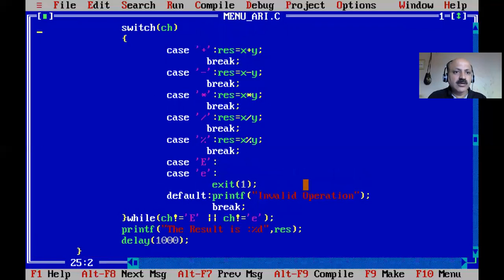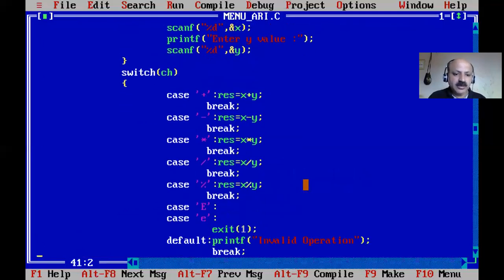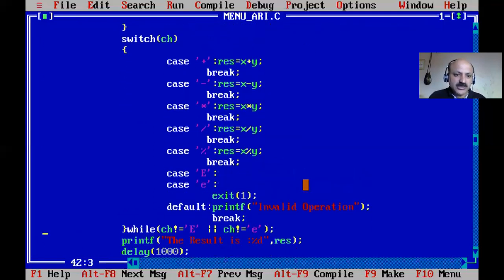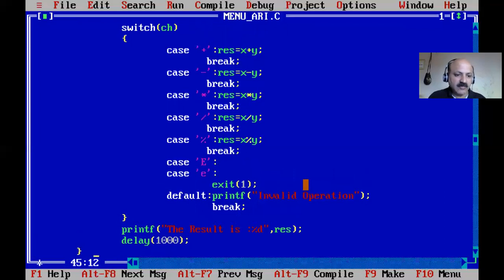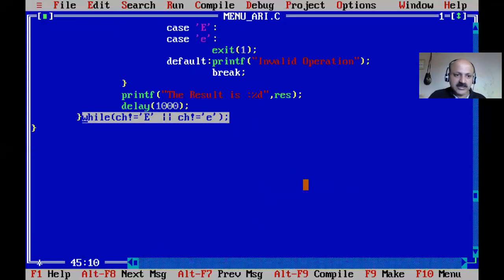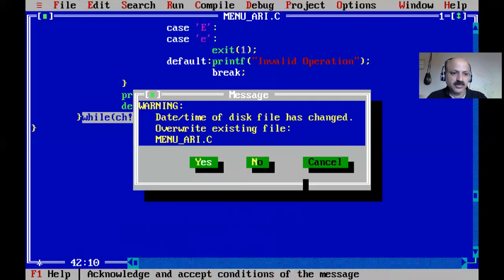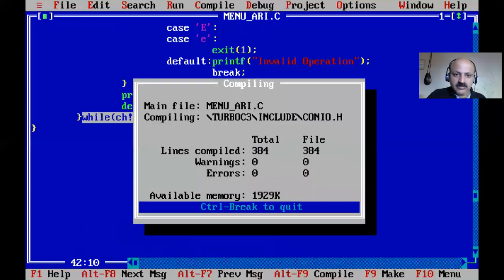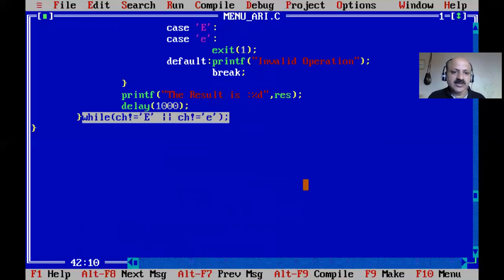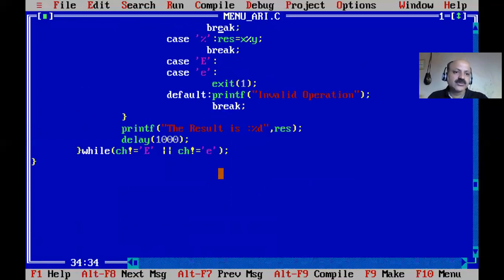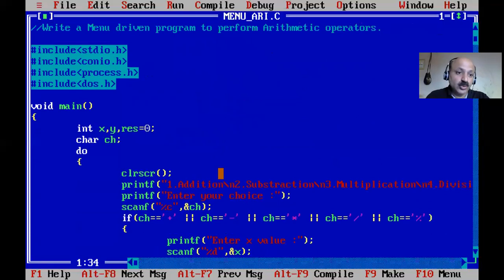So here I just remove the brace because that brace belongs to the switch case, and we provide it here for the do while. So that is the improvement, no problem. Now all the errors are gone. So I just show you the do while loop also works in a menu driven program.